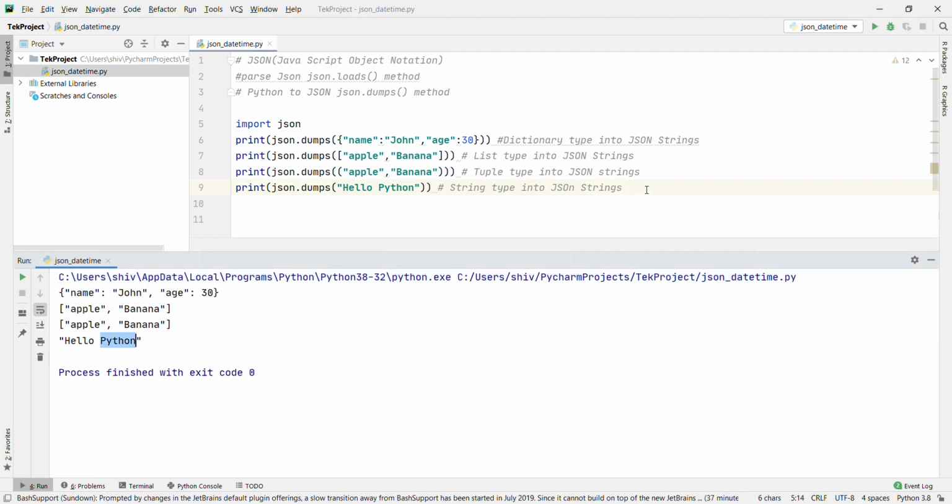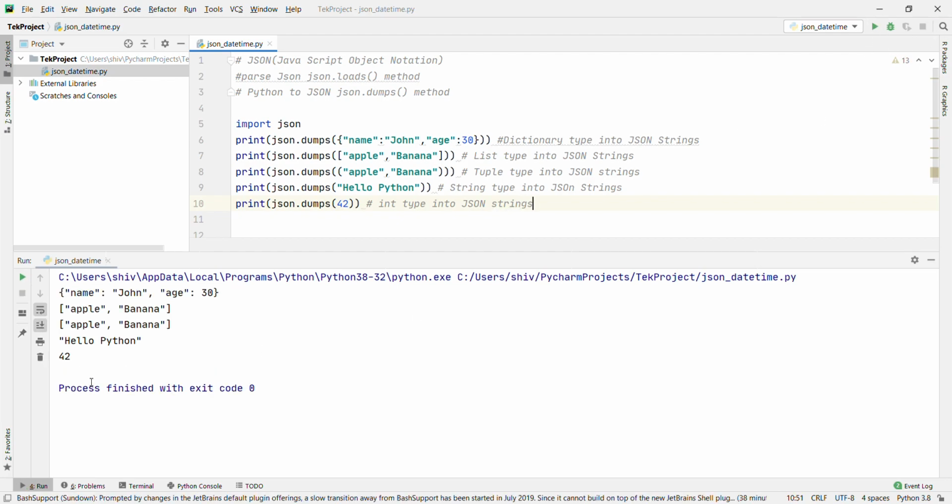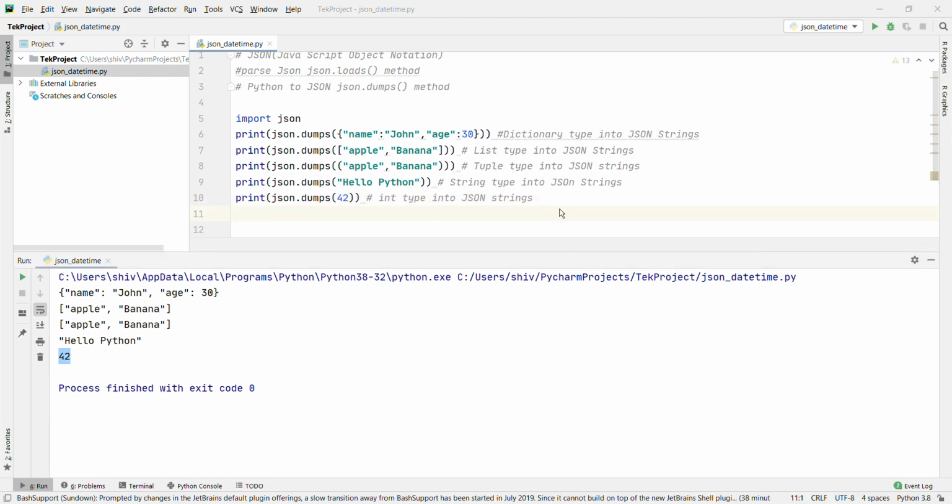This is the JSON string, converted from string type. Now integer, json.dumps, I'm going to pass 42. Integer type into JSON string. Let's run it. This is 42 converted to a JSON string.